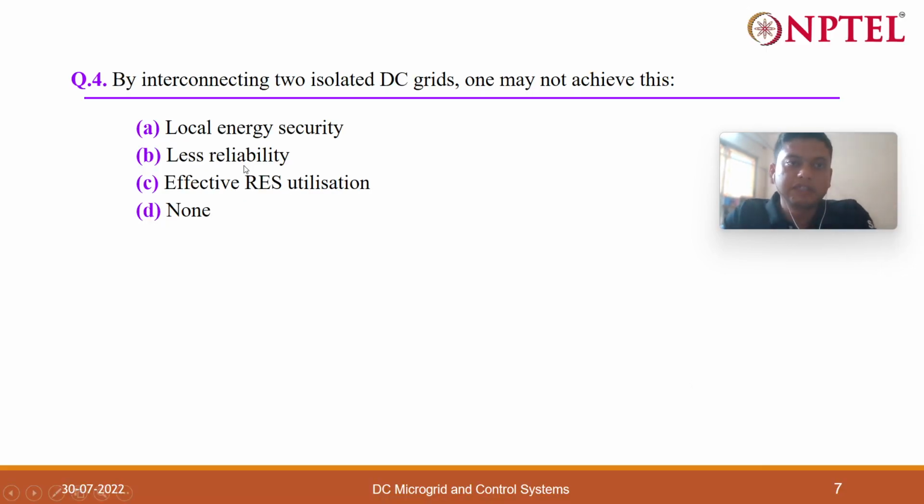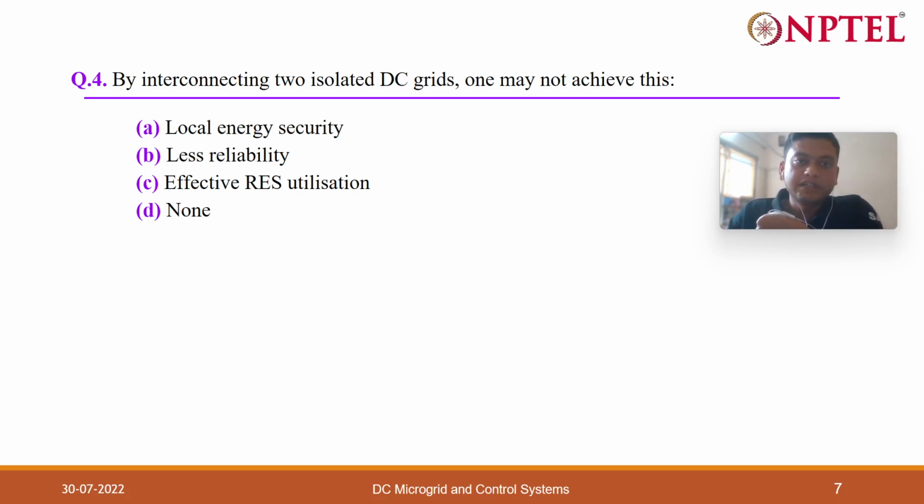So if you interconnect two isolated grids, what will you achieve? You will get energy security, and more distributed energy resources come into the picture, with many powerful capabilities. So you may get this local energy security. This one is achievable by interconnecting systems: less reliability. This is incorrect. Reliability will increase, because